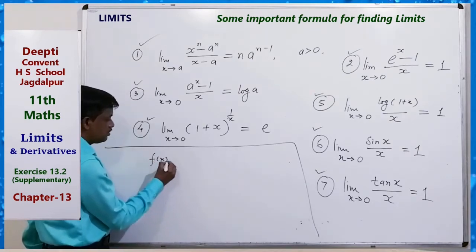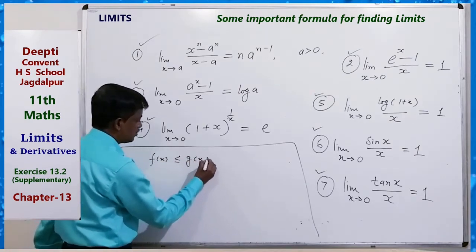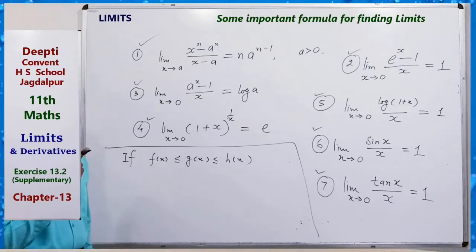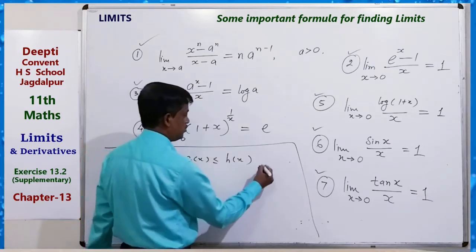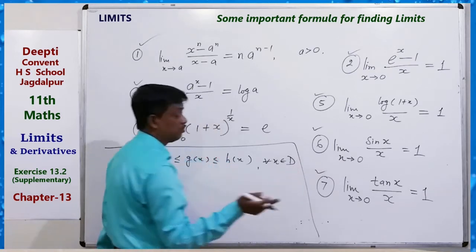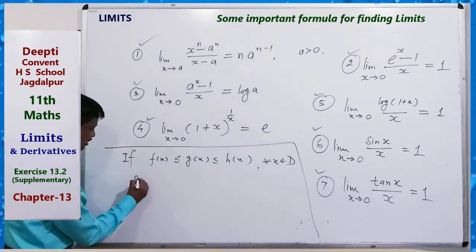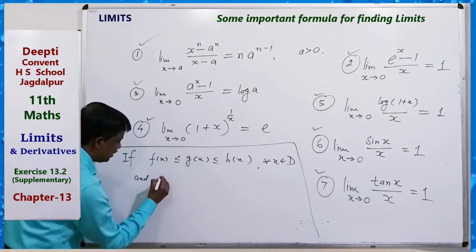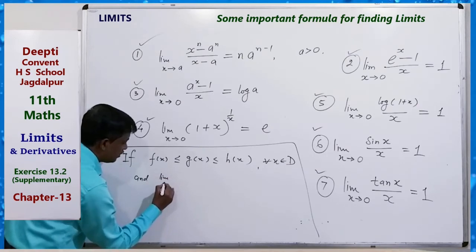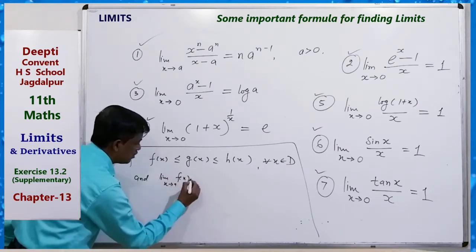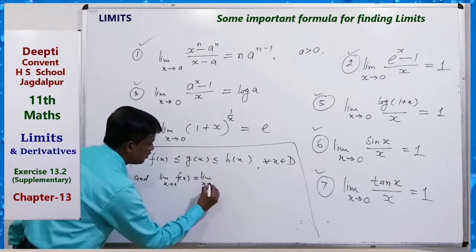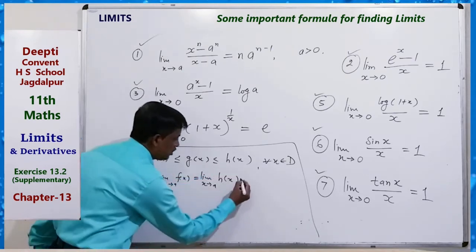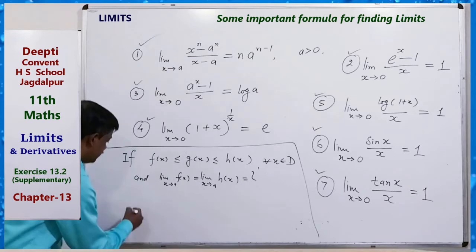Suppose we have three functions having a common domain for all x belonging to the domain of the function, and f(x) and h(x) have limits, and limit x tending to a of f(x) equals limit x tending to a of h(x). There are three functions, its limit and its limit, both are equal to L. Then